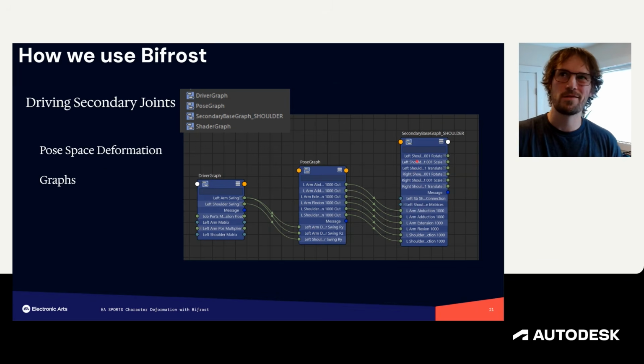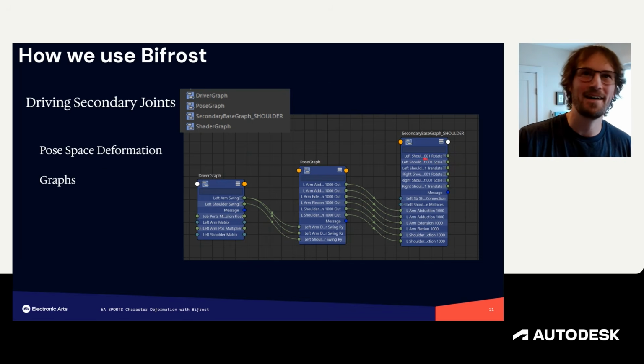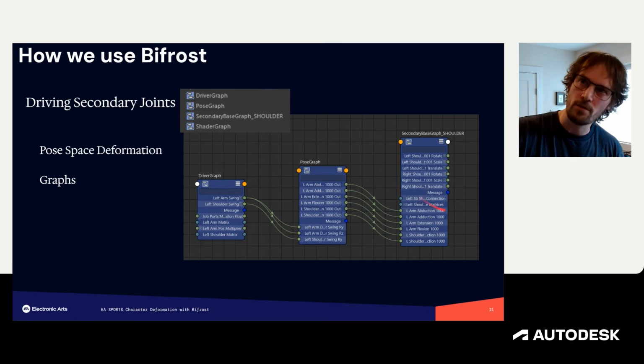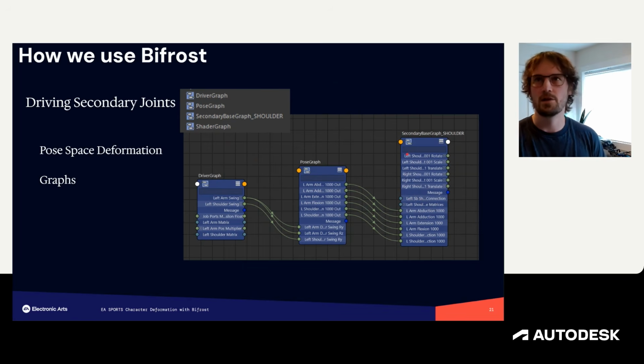Our secondary base graphs are kind of broken into regions, and those are arbitrary. They could be whatever. In this case, shoulder, could be arm, or whatever we need. And then there's also a shader graph here. It's more of a pass through. It's like the secondary base graph, but we sometimes do different things where